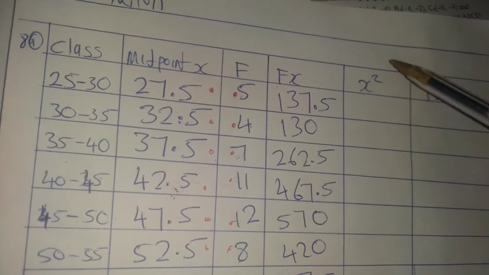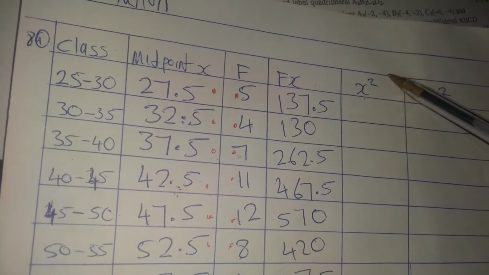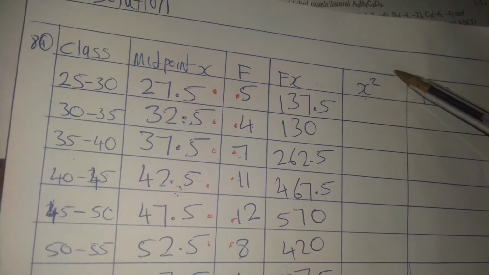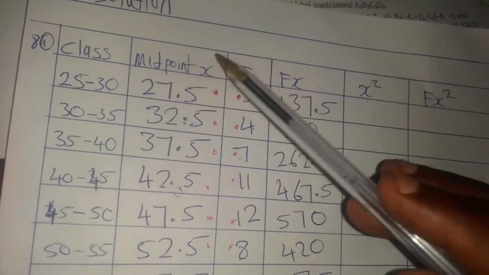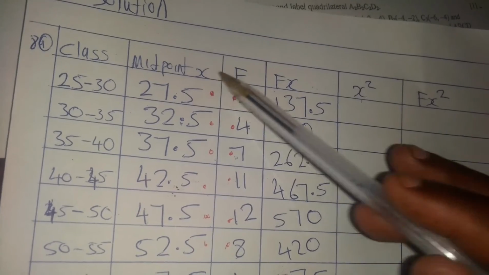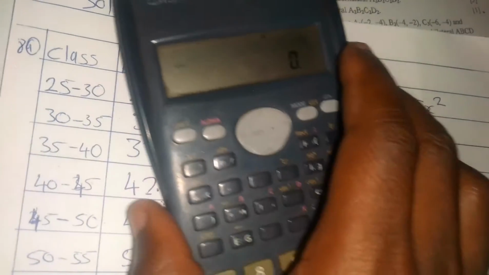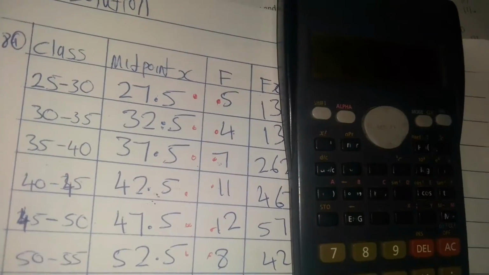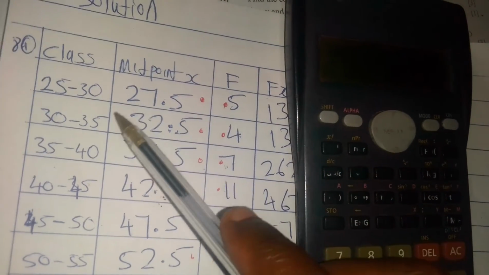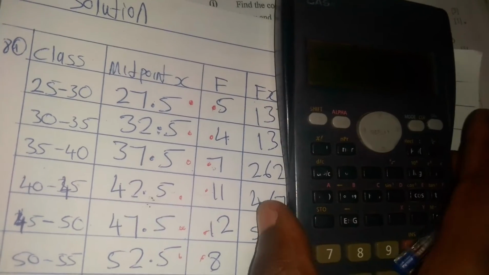The next thing now, we are following the table. They are saying x squared. You see that? You go where there is x. Now this x, you do what? You square it. So how do you do that? I'll go on the calculator. My first point for x is 27.5. So I go on